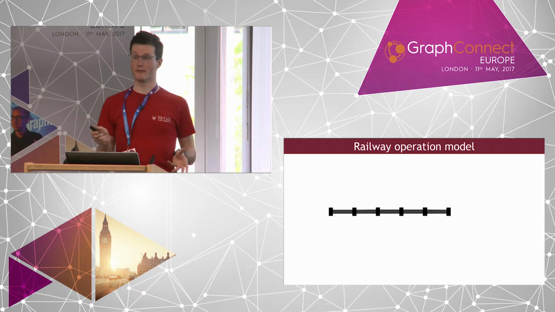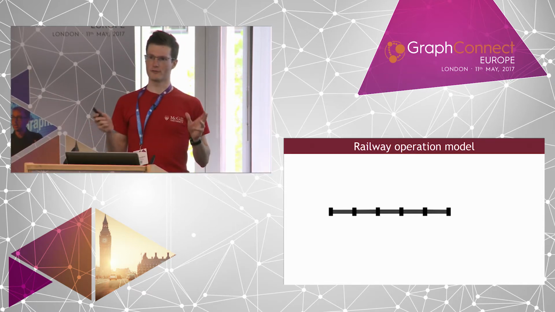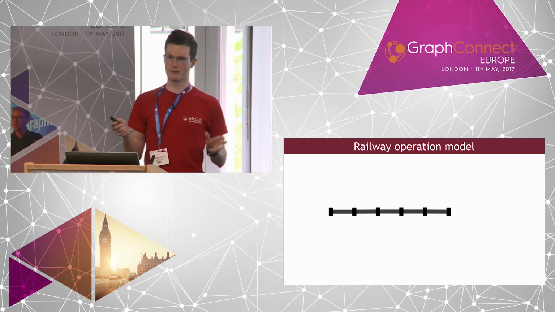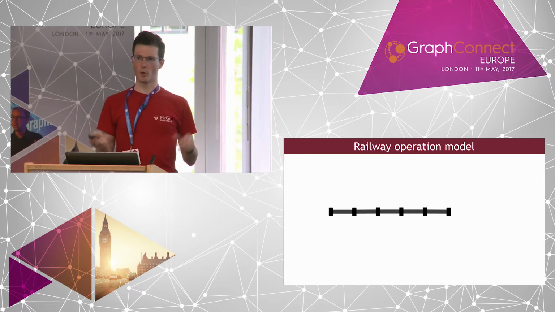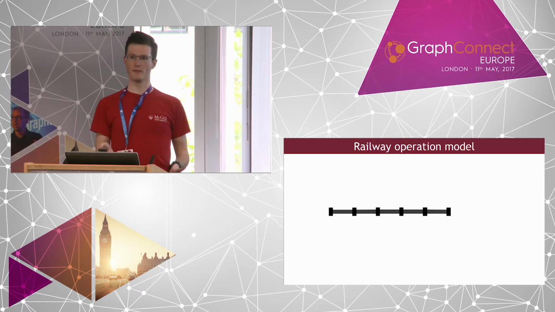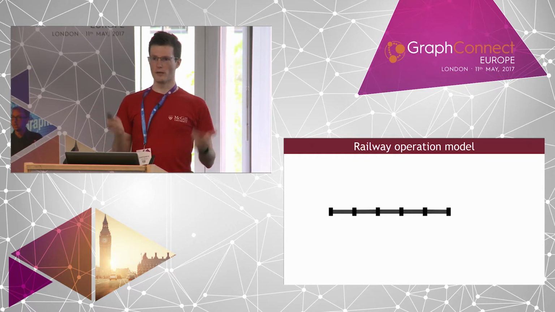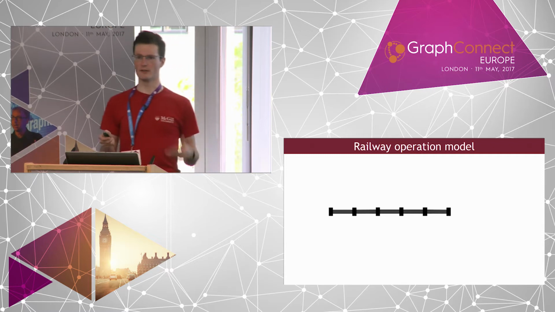Let's imagine a railway network, for example. This is a prime example of a safety-critical cyber-physical system, because in such a system, we work very hard to ensure that no accidents happen and no equipment is damaged. So, in such a system, we would like to check a lot of constraints continuously to see if the system